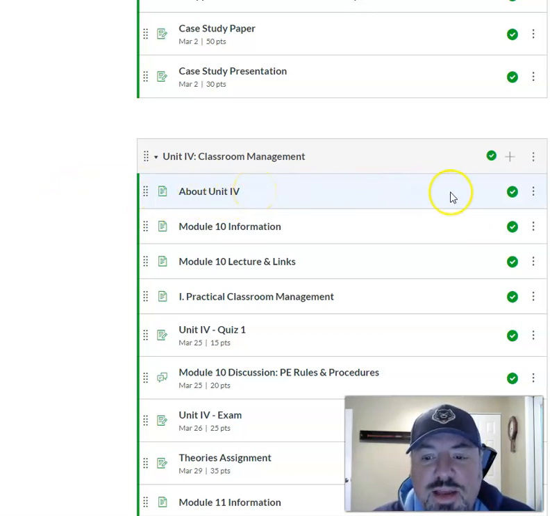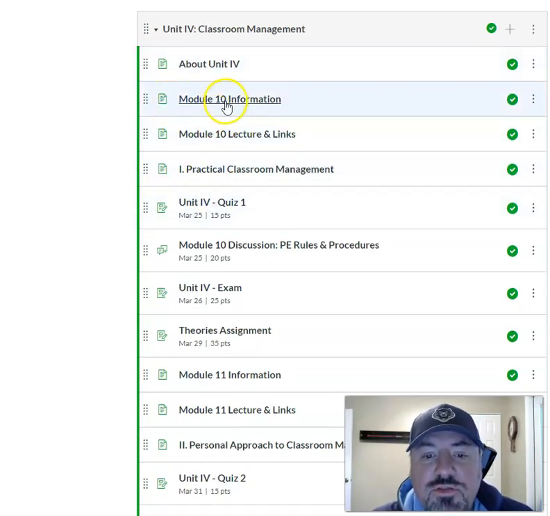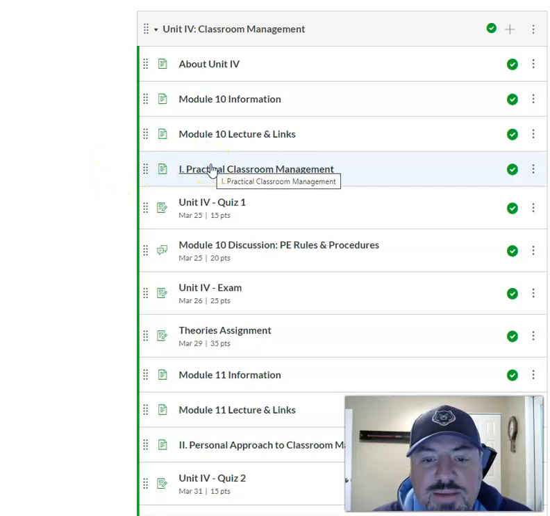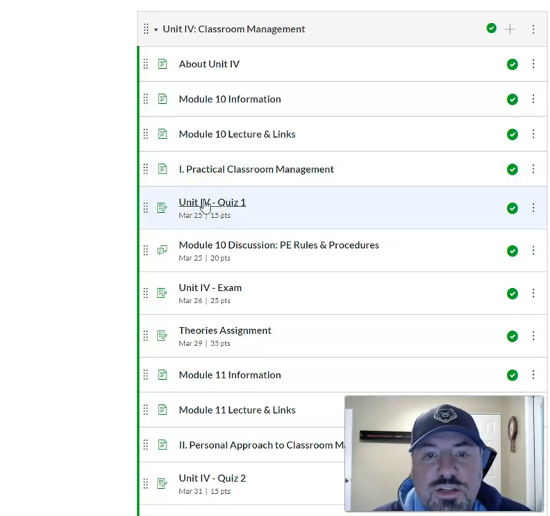Go ahead and read that. That explains everything in Unit 4 and information you need to know. And then go down to Module 10 Information. If you see this, I'll have the Module 10 Information tab that gives specific information and assignment due dates about the module. I'll have a tab or a page for each module with the lecture and links, so make sure you open that. And then the rest of the tabs here are your reading assignment for Practical Classroom Management, a reminder of the Unit 4 quizzes that are on study.com,